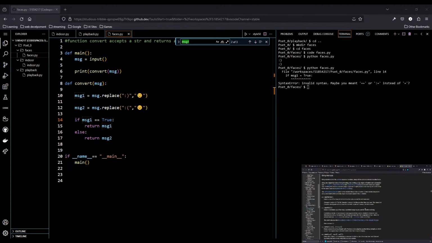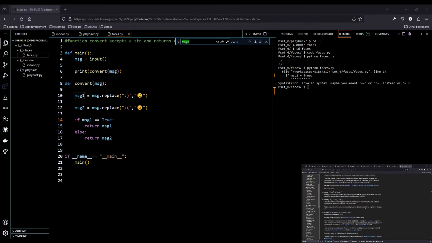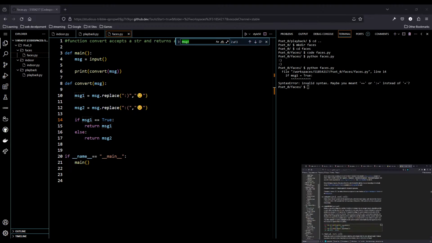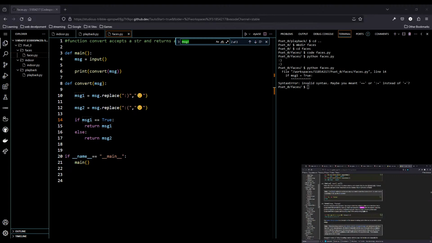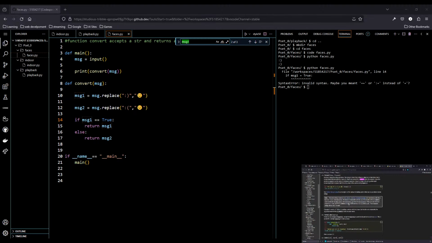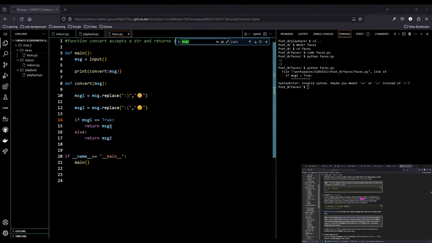String methods. Center count encode ends with. Oh,